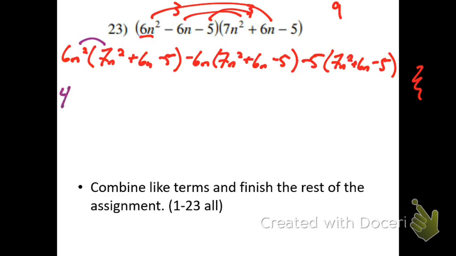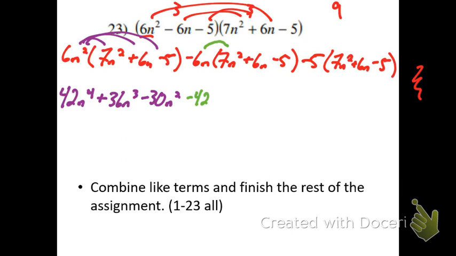This will be 42n to the fourth, because 2 plus 2 is 4 there. Then I have plus 36n to the third. Then I have minus 30n squared. Followed by, and I'll go ahead and color code this too. Now these will all be in green. This will be minus 42n to the third